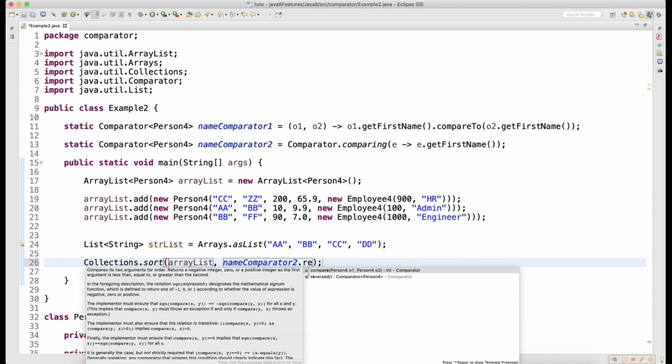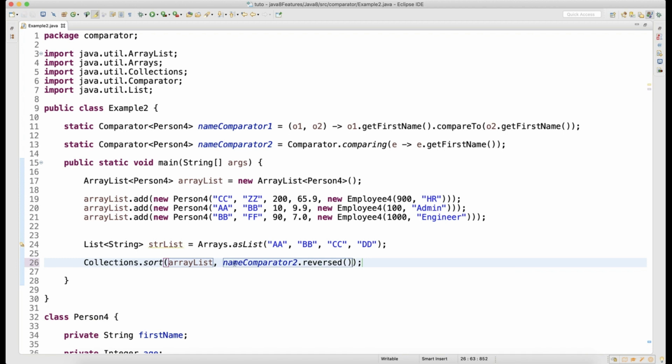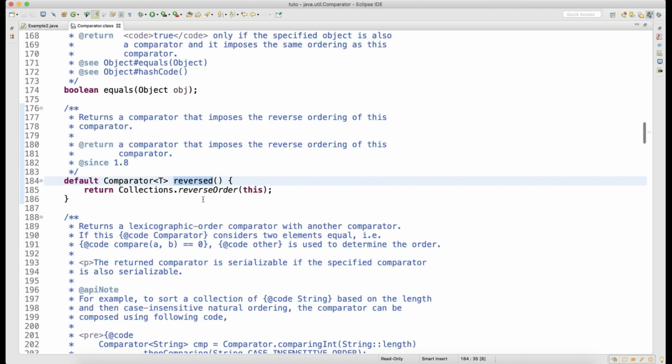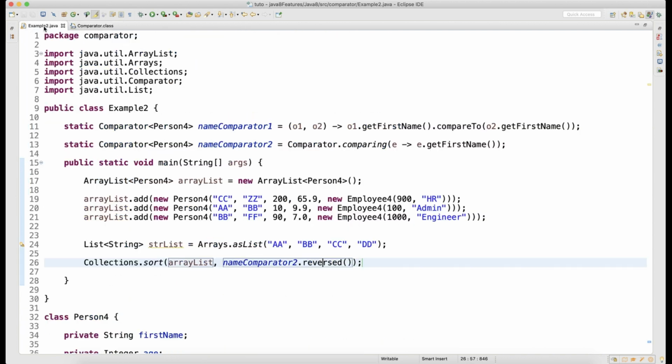But if I call .reversed, there is a reversed method. If you Ctrl-click on reversed and go inside the Comparator, this will reverse your output.